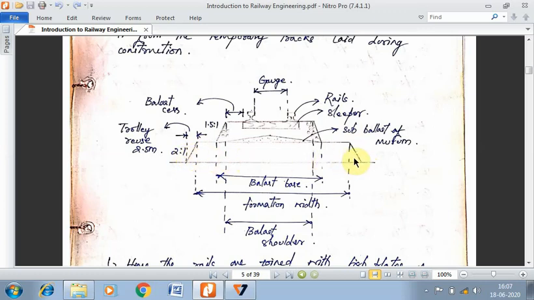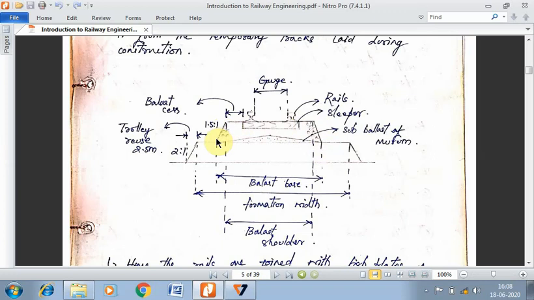And then above this, the formation is usually made out of the existing soil at the site, or it can be borrowed from nearby places in case the formation soil does not satisfy the required specification. So it behaves similar to the subgrade in roadways. Above this formation you will have a section which we call the sub ballast muram, and above this sub ballast muram you will have the ballast section.